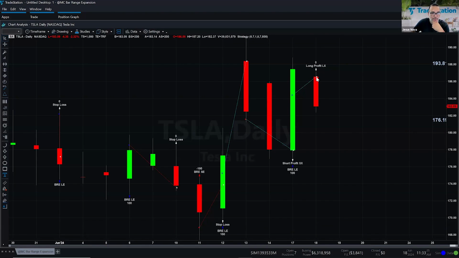See, on the next opening price, we opened up a little bit higher than where we entered, meaning that the trade is profitable. And then we have our long profit, long exit. It actually closed the trade because we made money. We see the same scenario here. It broke on the bottom side and entered a short trade. The next opening price